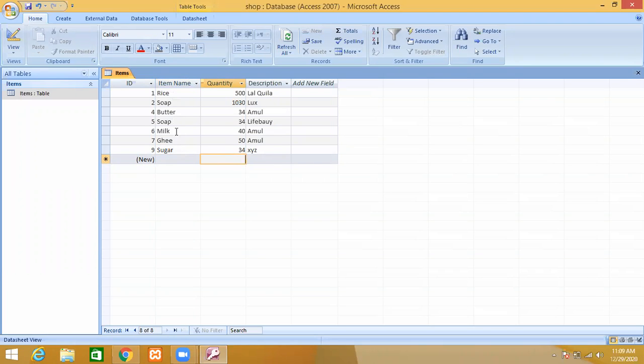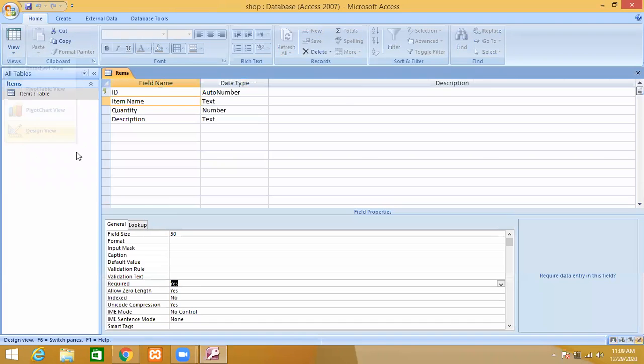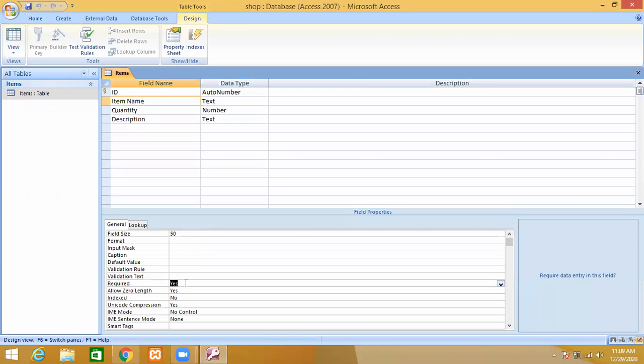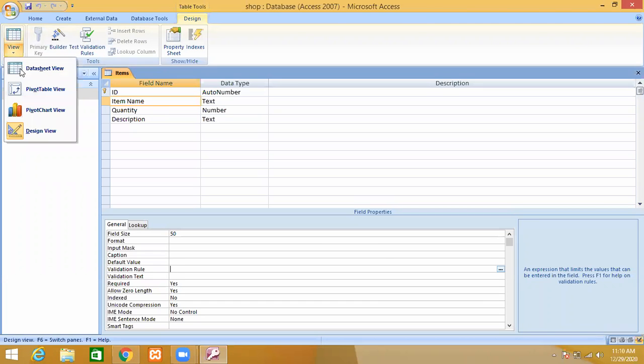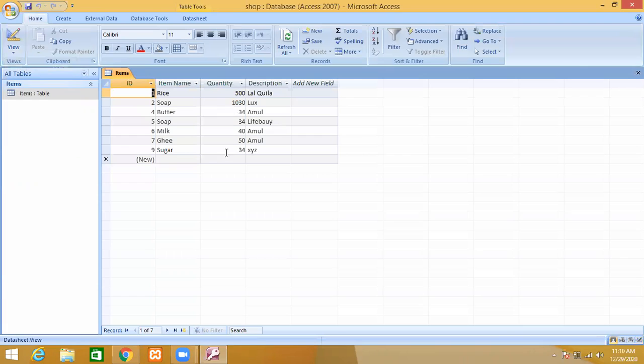I cannot leave this item name blank because the field property I have set here for item name is required yes. So in this way, validation rule is also there. You can set the validation rule property, like quantity. See, in the datasheet view now,